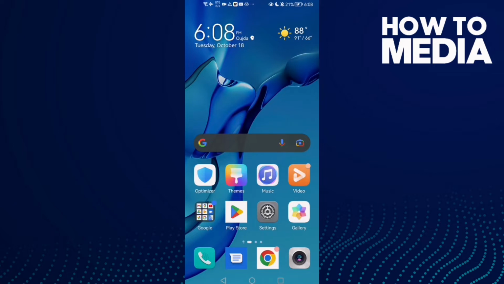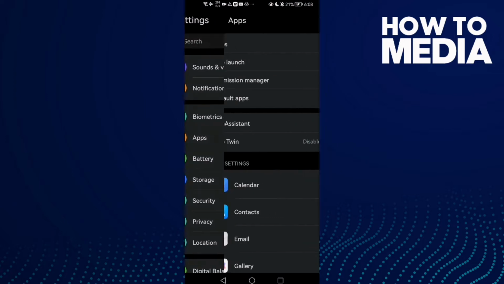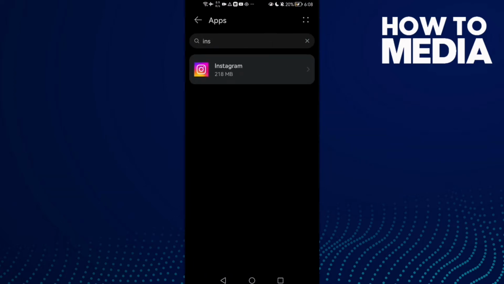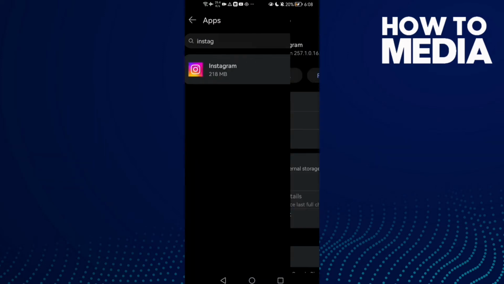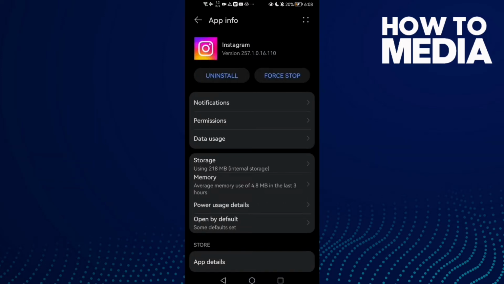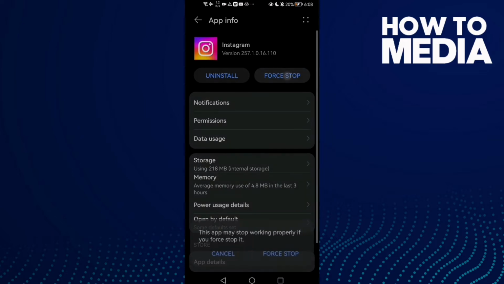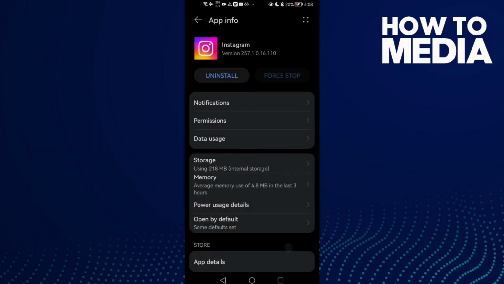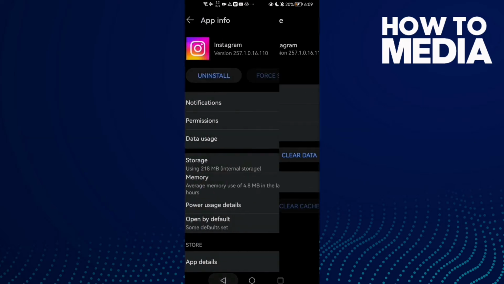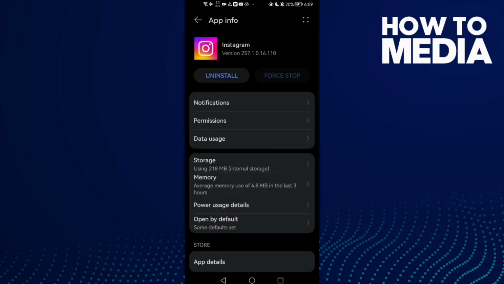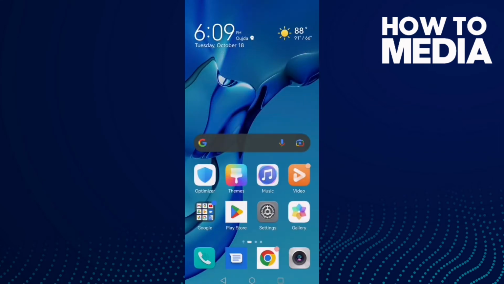Easy and quick. First thing, just open settings and then apps and apps again, and then just find Instagram here or type it like that and click on it. Now just click force stop and then go to storage, clear cache, and then just go back and turn off all the background applications, and